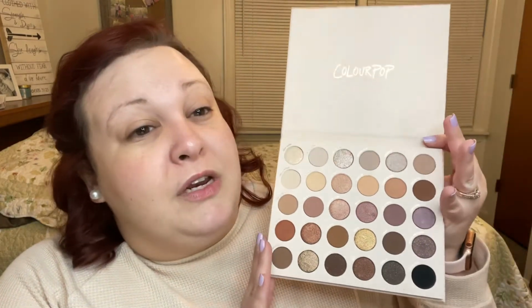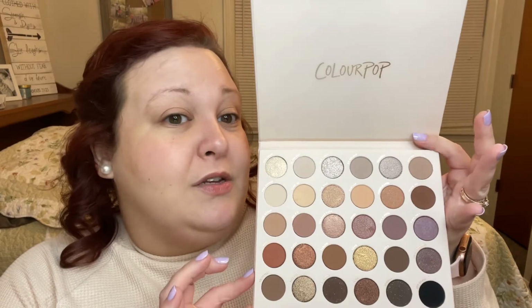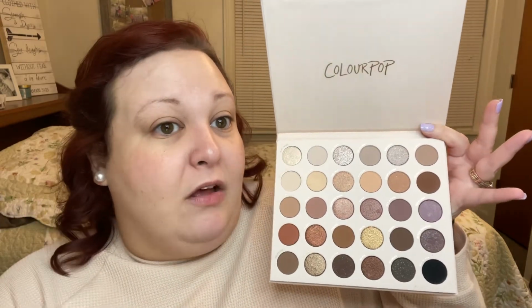I'm sorry. But there's not too many shades of that matte color with the flecks of glitter. I don't care for it. I don't understand the point of it, I guess. But anyway, there's some really beautiful colors in here. There are some beautiful transition colors in here, and I just think it's a great palette all the way around. So that's why I'm like, I don't remember why I didn't pick it up. Of course, now I don't necessarily need it with all the other neutrals I have in my collection, but I'm